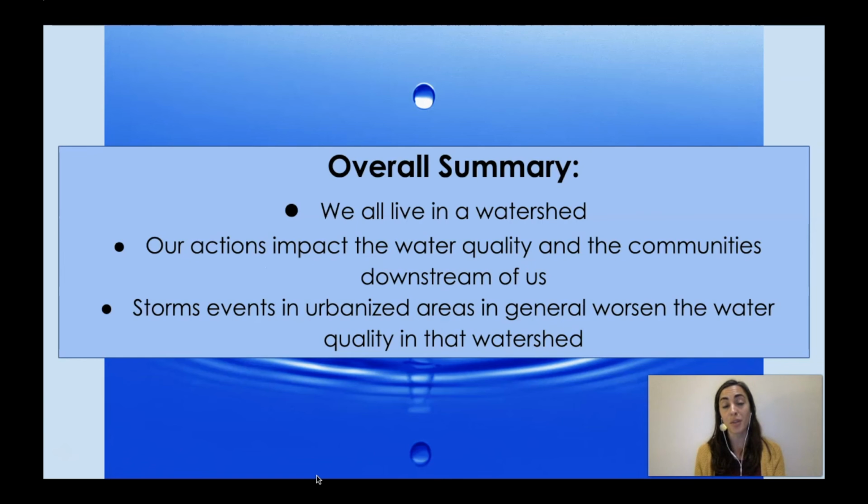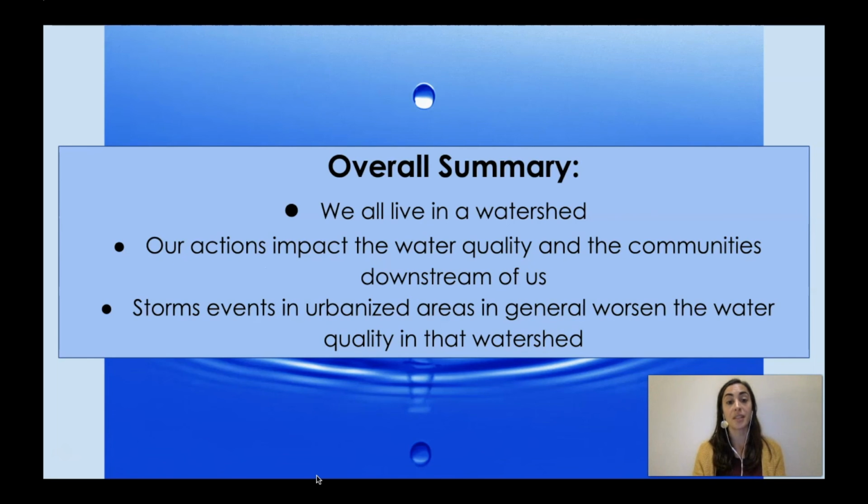So a downstream community, even if it's an eco-friendly town, is going to end up getting way more pollution because it's accumulating from all the communities that are upstream of them, whether they are eco-friendly or a giant urban city that releases way more pollution. Eventually, downstream is where it all accumulates. So it's something to think about.